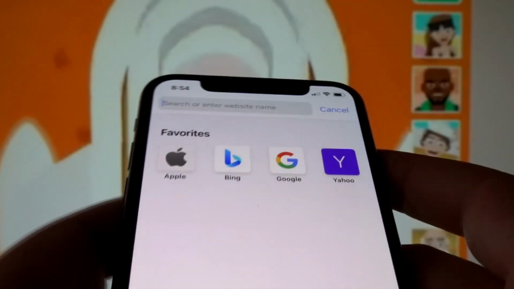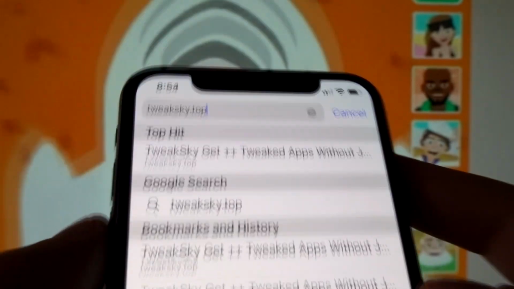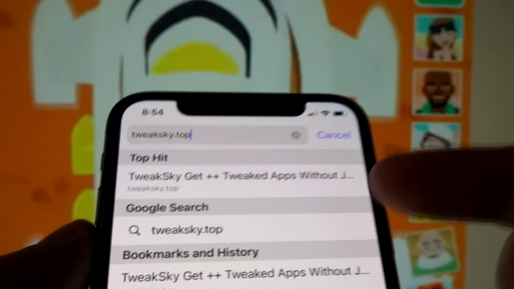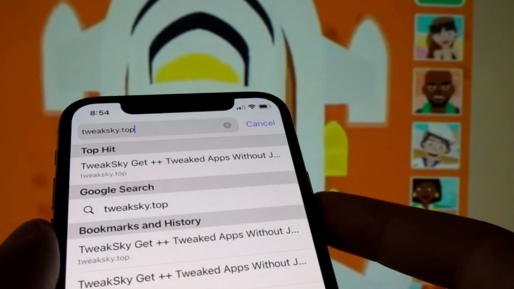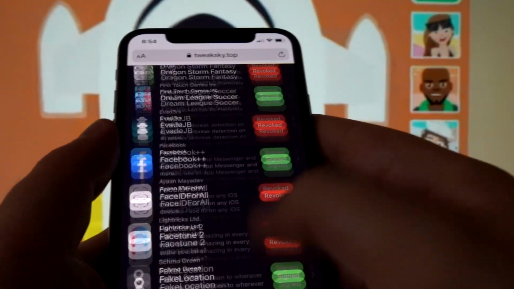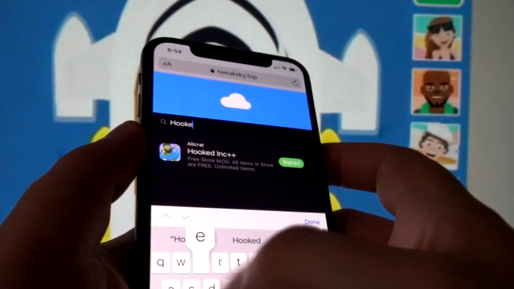And into the search engine bar of that particular browser, type in tweaksky.top. So type in tweaksky.top into the search engine bar of that particular browser, and once you type that in, click search, and you'll notice that a list of modded games and apps will appear right in front of you this way, and this list contains a lot of cool stuff. But if you can't find anything in this list, go back on top of the page and into the search bar,